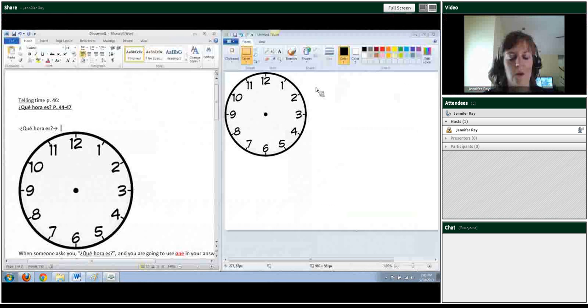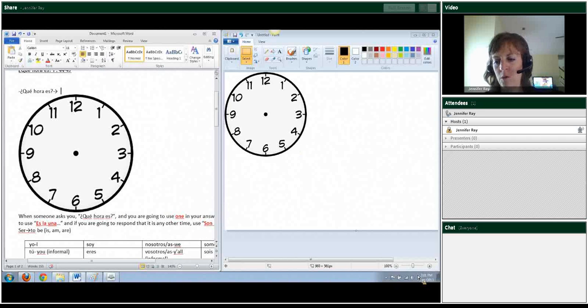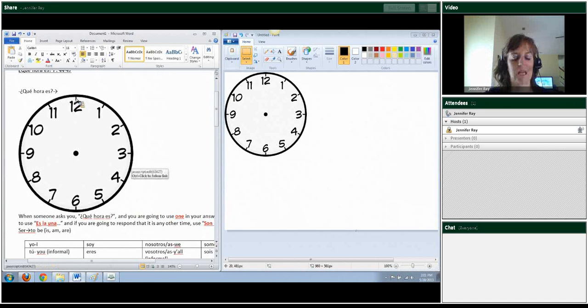Okay, so I'm going to go ahead and talk about how to tell time in Spanish. If someone asks you the question, ¿Qué hora es? Then you look at your watch, and since I can't really show you, well, actually, I'm not wearing a watch. If I look over here at the bottom of my screen, if you can see my little cursor, it says 2:01. So if someone asks me, ¿Qué hora es? I'm going to say, Son las